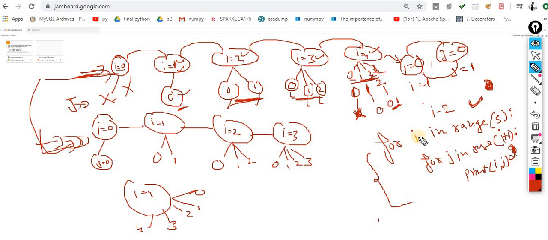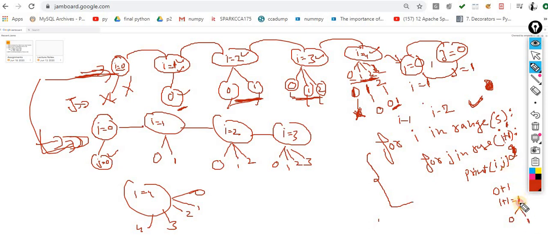Now what will happen? Let's suppose i value is 0. Here 0 plus 1, what exactly becomes over here? 1. 1 means it will run for 0. Now i value becomes 1. Here 1 plus 1 is 2. Now it will happen for 0 and 1, because it's always n minus 1.